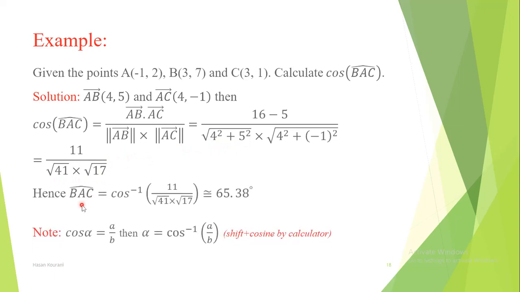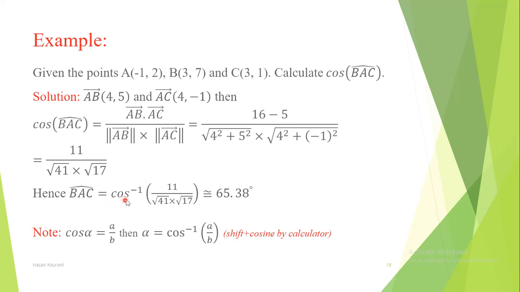Hence, by this calculation we got cosine of BAC, which is 11 over this number. So to get BAC,